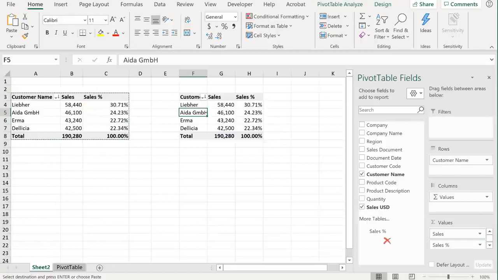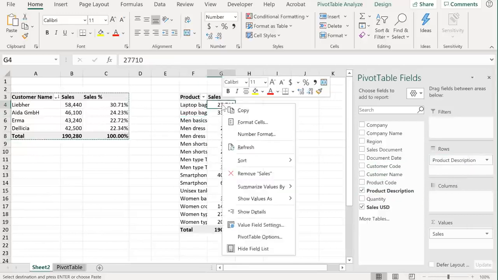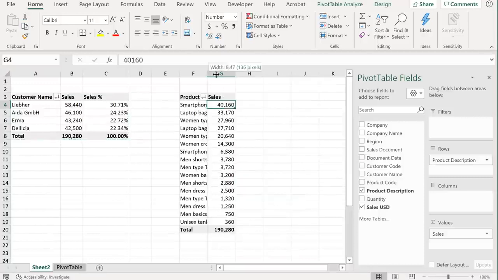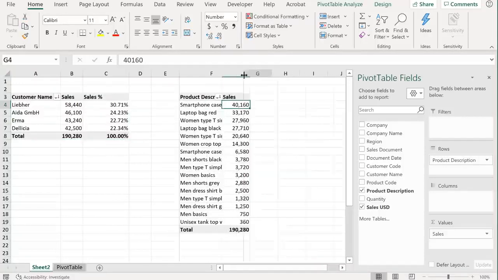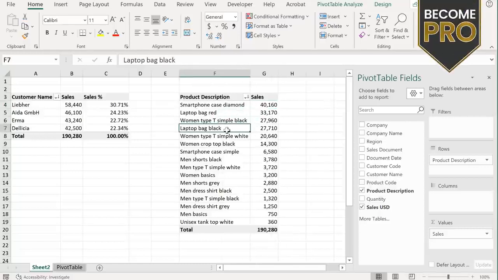So in this second report, I don't need the sales percentage. What I want is the product by sales, and I want it sorted. So let's right mouse click, sort largest to smallest. Okay, so my pivot tables are actually done, but I just want to show you one thing before we wrap